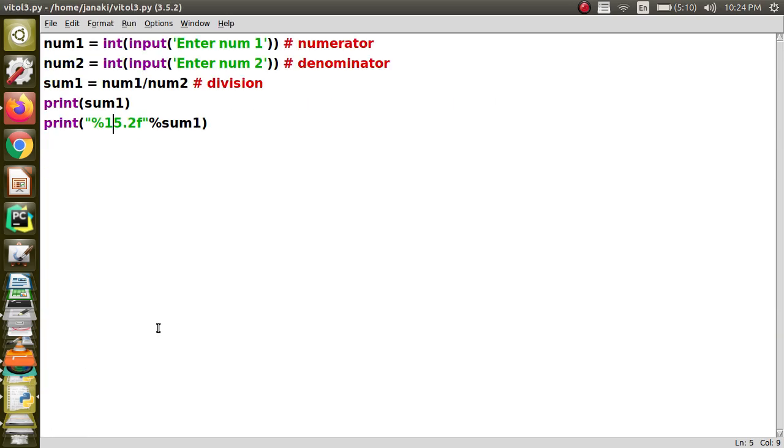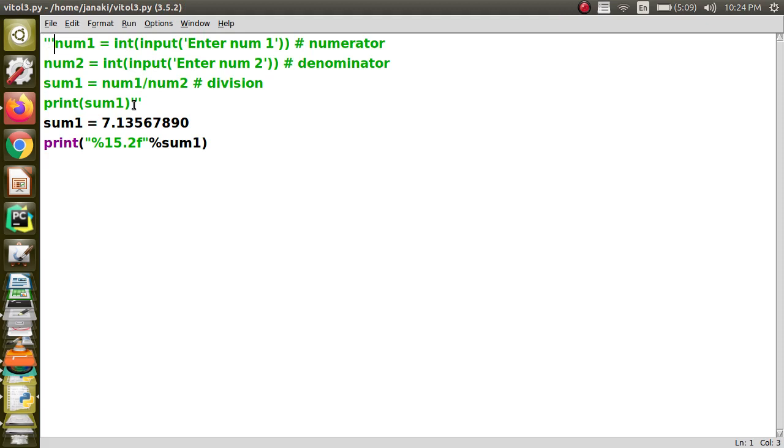One more thing that you should know is it is just going to do a round off. What I mean by round off is, now I am going to show you an example. Here I am going to say something like 7.13 5 6 7 8 9 10, okay? I am going to comment the code whichever is already there, for easiness. Now we will consider only these 2 lines. Sum1 is equal to 7.1356 some value, and I want to print only 2 decimal places.